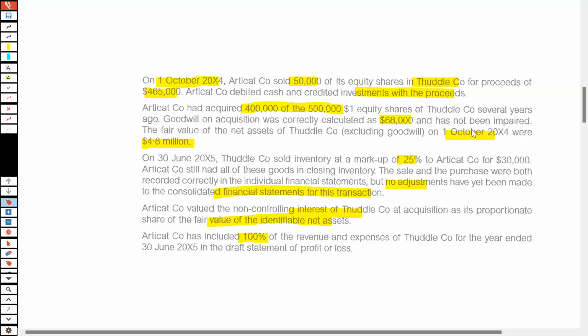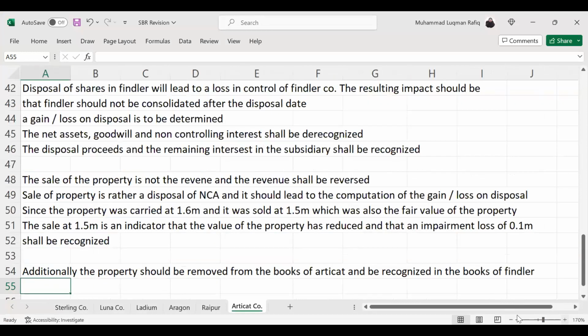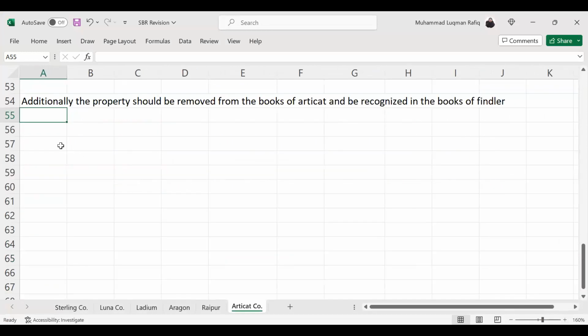So let's just see this one. At 30th June 2005, Thadal company sold inventory at a markup of 25% to our ticket for 30,000. Our ticket still had all these goods in closing inventory. Now see what happens is that the adjustments that need to be done. Number one,